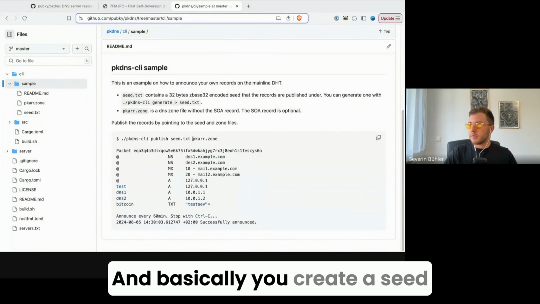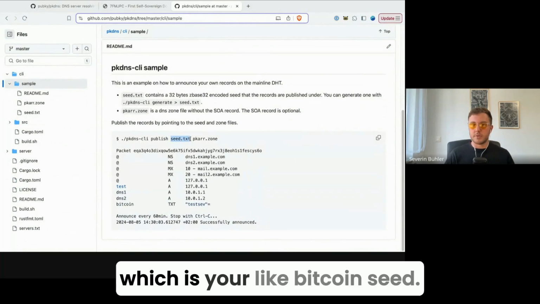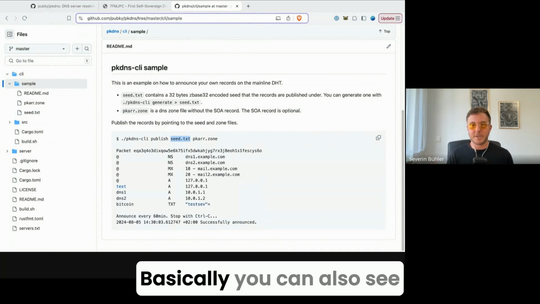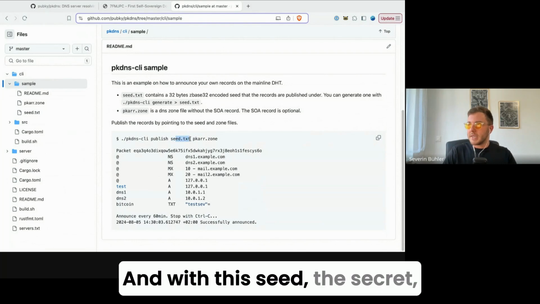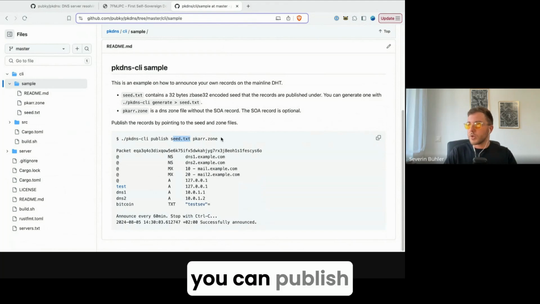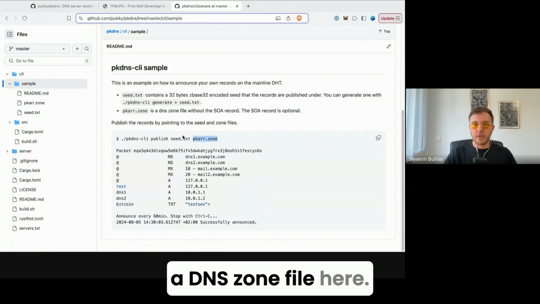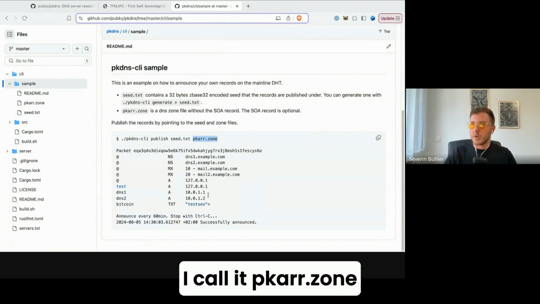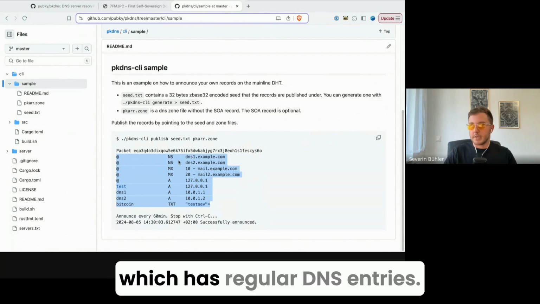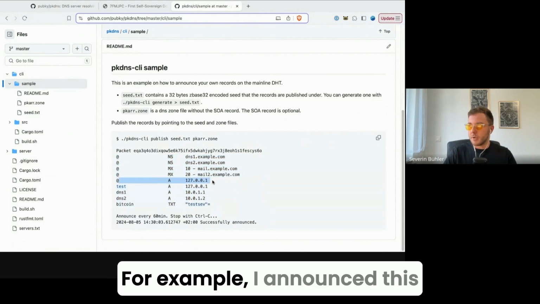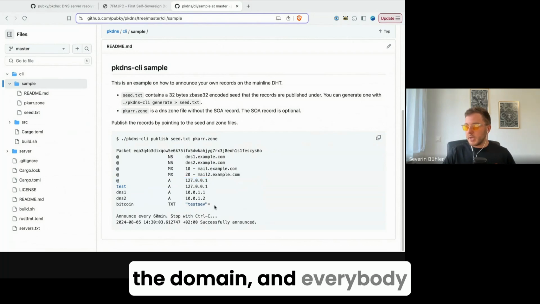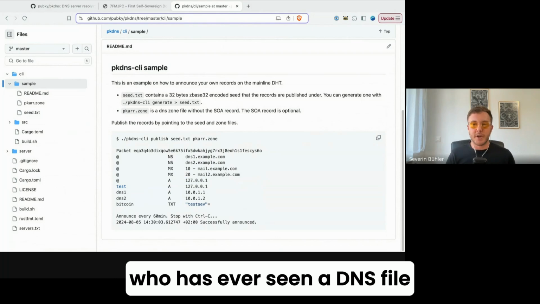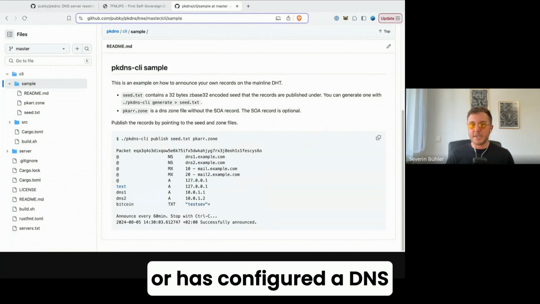And basically, you create a seed, which is like a Bitcoin seed, basically. You can also see it as a private key. And with this seed, this secret, you can publish a DNS zone file. Here, I call it pkarr.zone. And it looks something like this, which has regular DNS entries. For example, I announced this IP address directly under the domain. And everybody who has ever seen a DNS file or has configured a DNS before should be